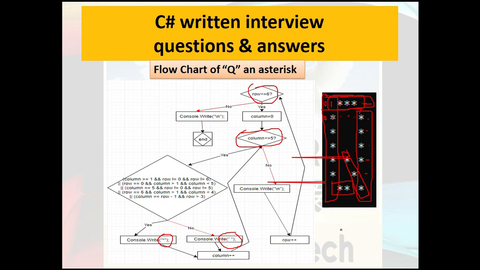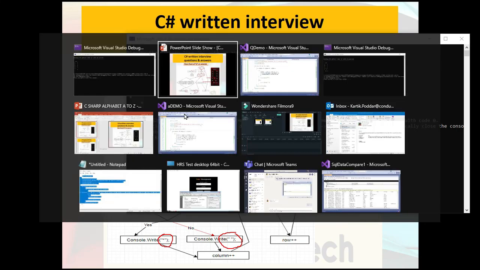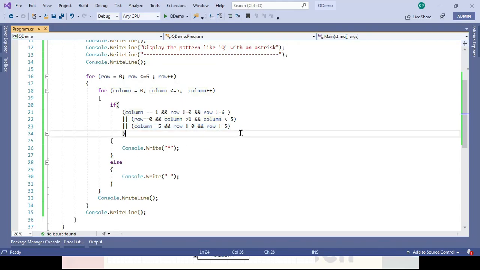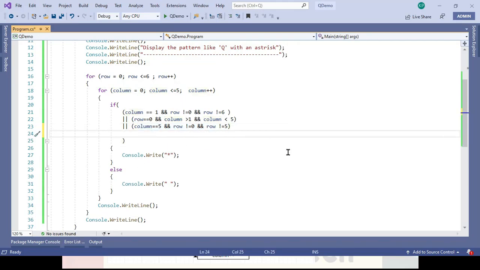Okay, so what would my logic be? I want to print row 6 and column 1, column 2 and column 3, right? So my fourth logic would be,